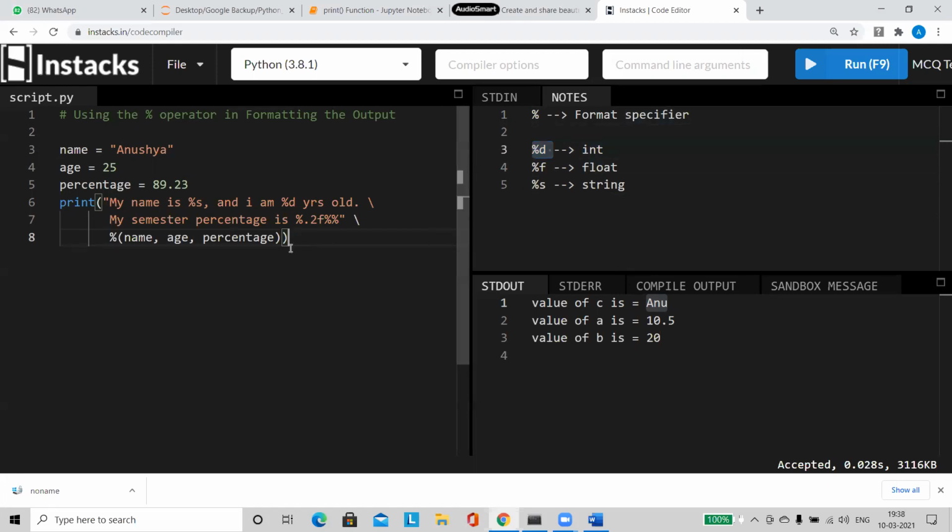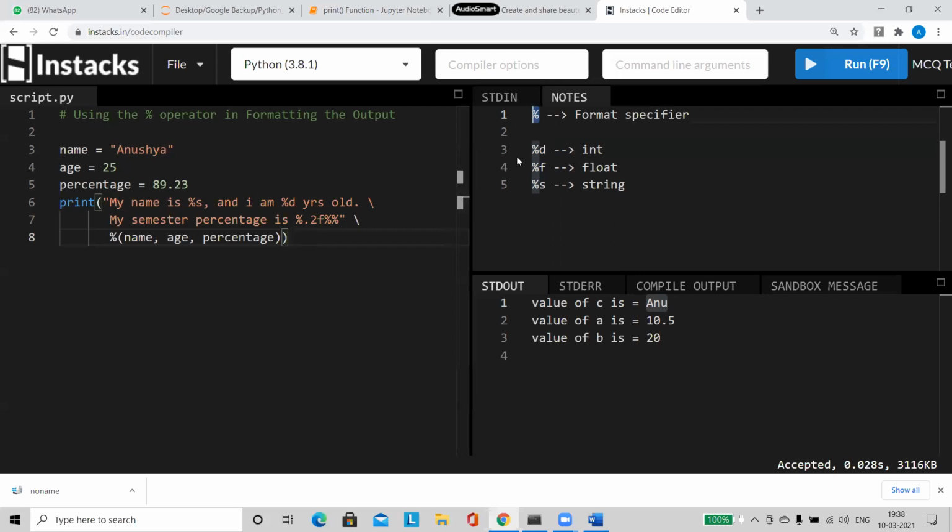So in Python, we can actually make use of this format specifier also. It is accepted, but it is an old school method. Now we have many different ways of formatting. So this is not very frequently used, but it is available.